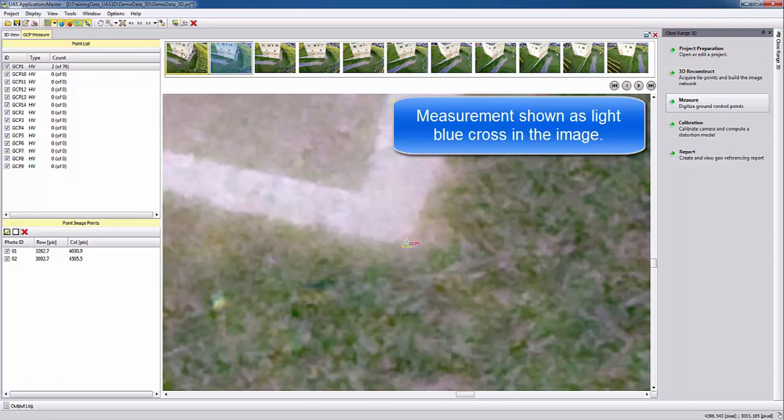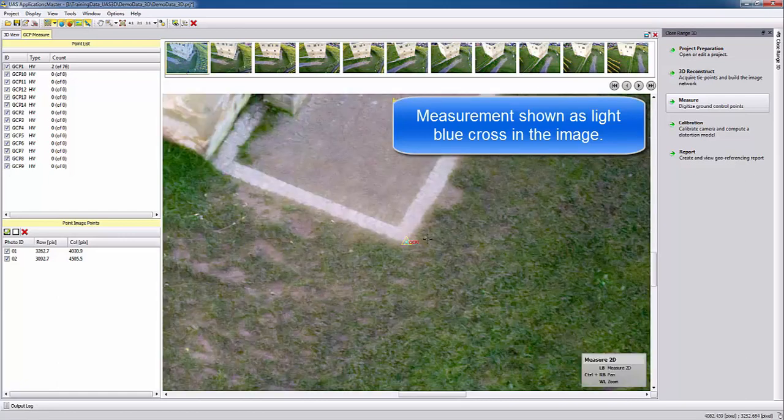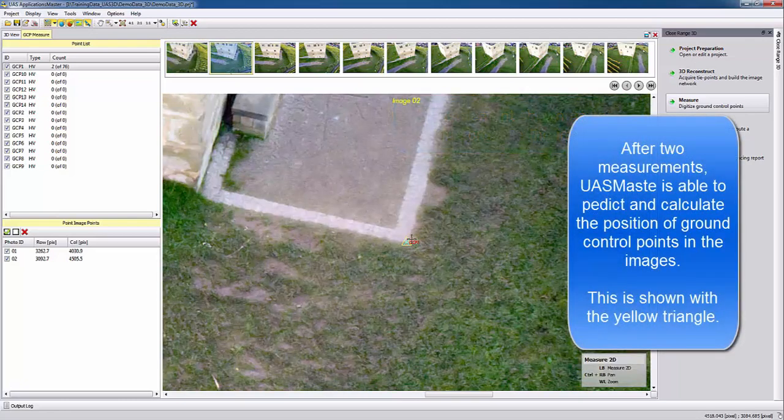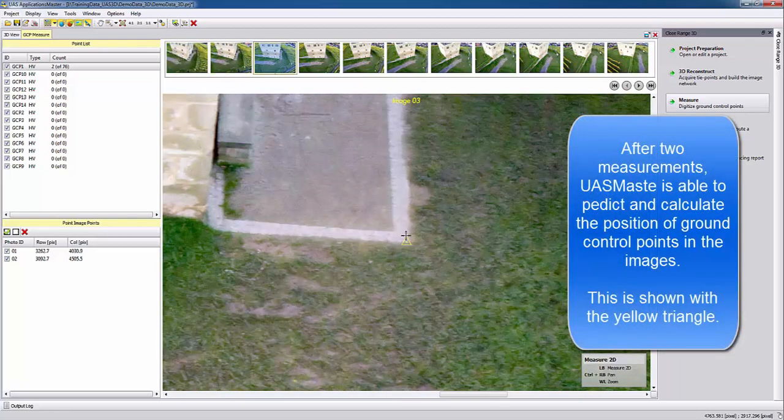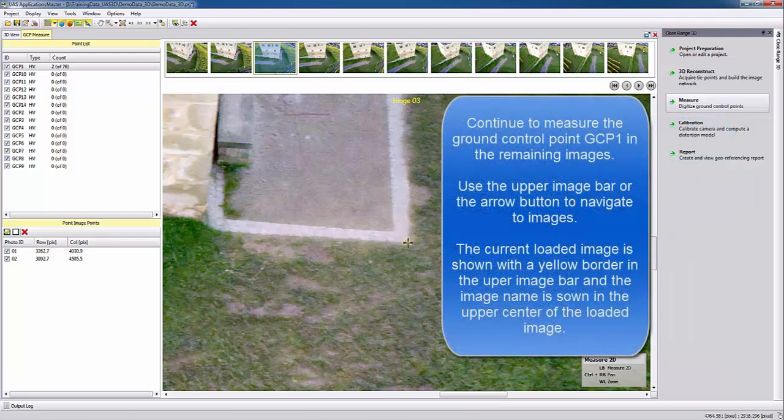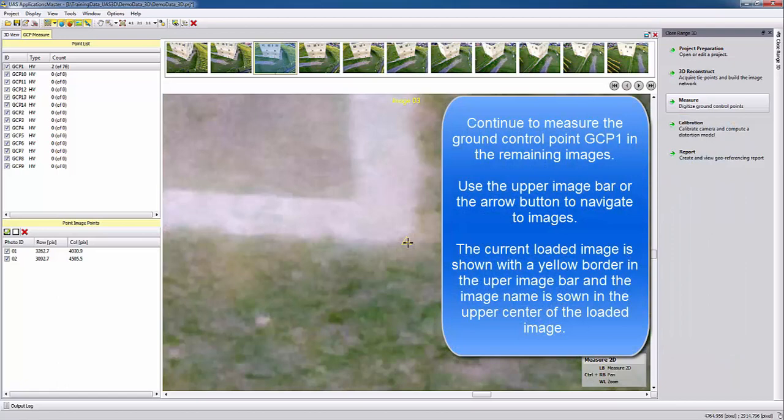After I measured the first two measurements, so I measured here in image 1 my light blue cross and in my second image the light blue cross, we get a prediction, which is the yellow triangle. That means if I go to the third image, I can now already see this yellow triangle predicting where the position of my ground control point will be in this photo. Therefore I just zoom in with my F3 button closer into the position and measure the point and go to